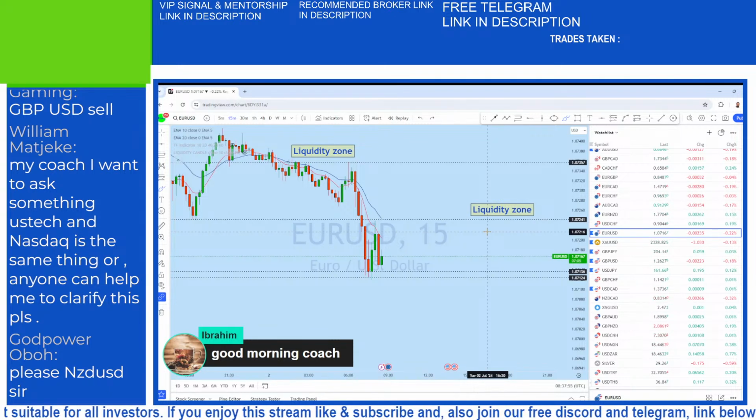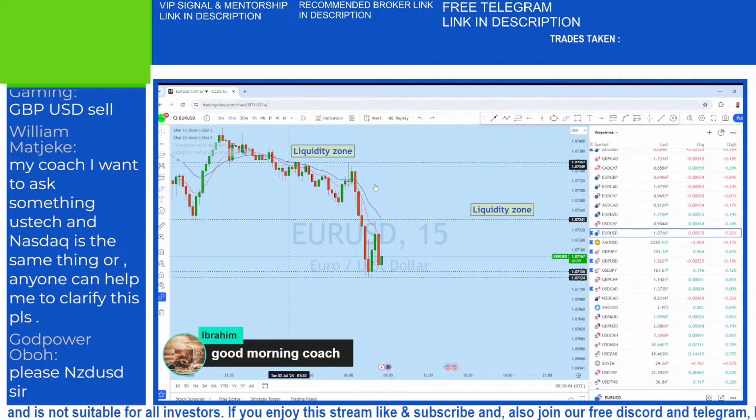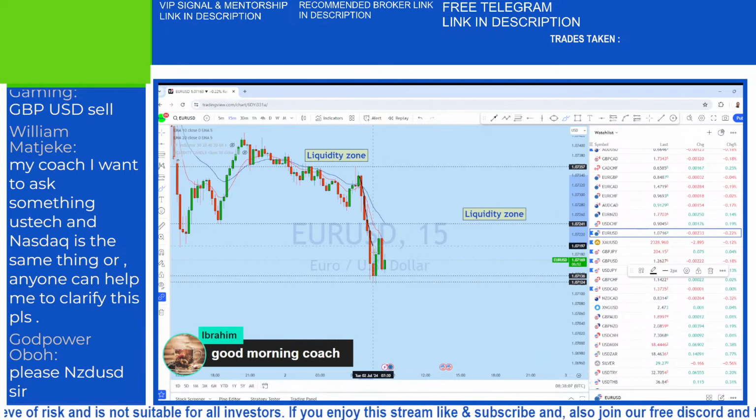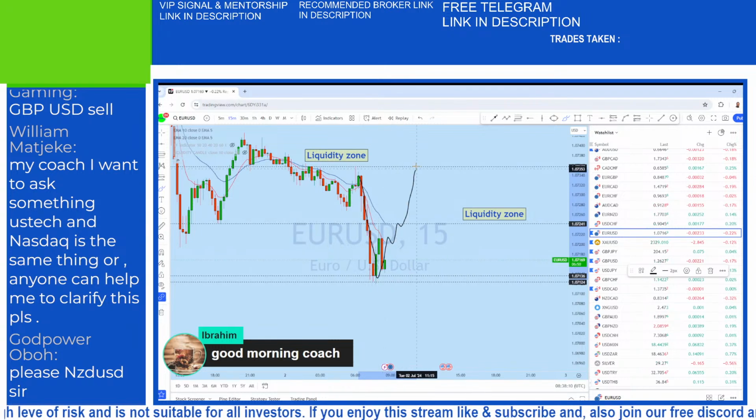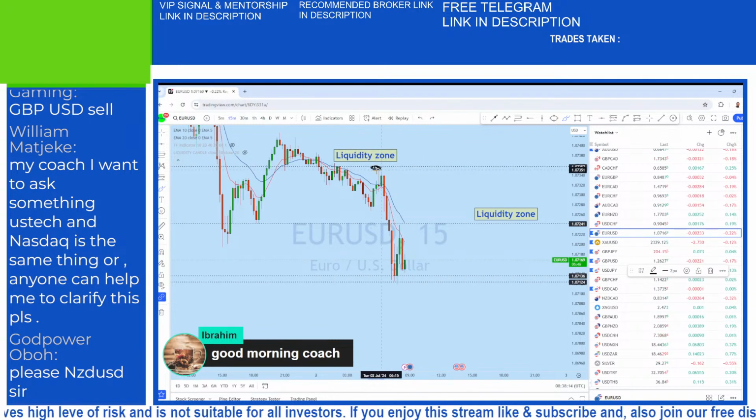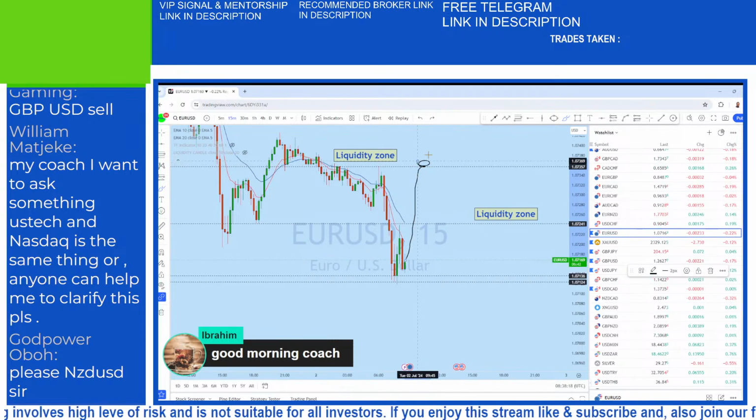Okay, so EUR/USD, massive drop here on EUR/USD on the 15 minutes, pullback, wanting to see it going up further to this liquidity zone. Okay, and then go ahead and hit that liquidity zone